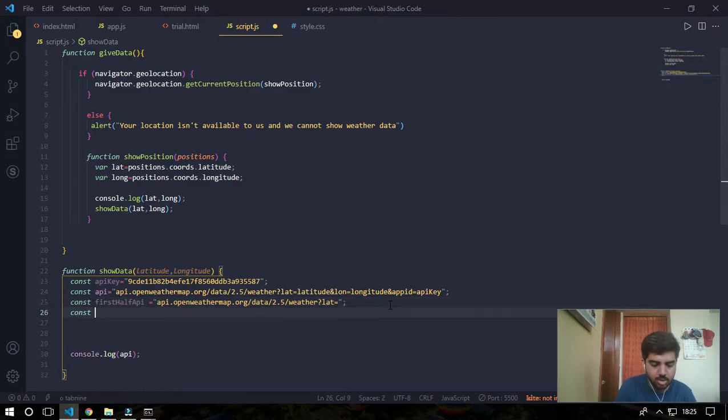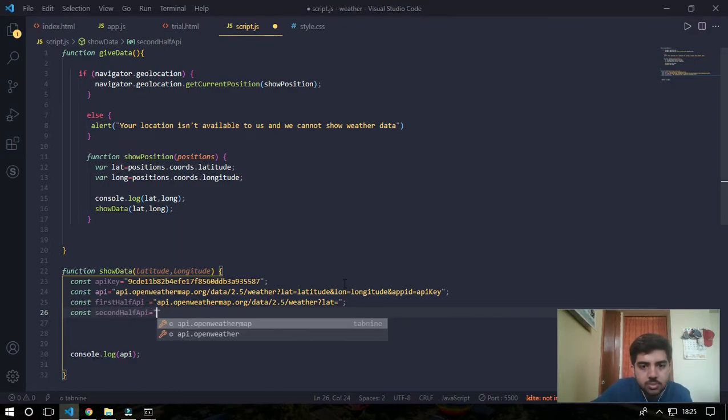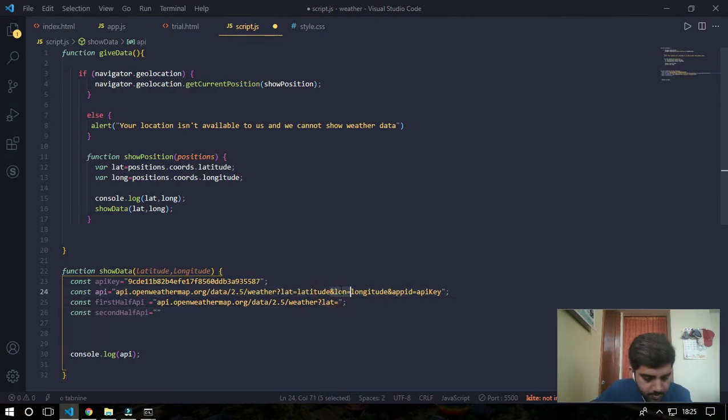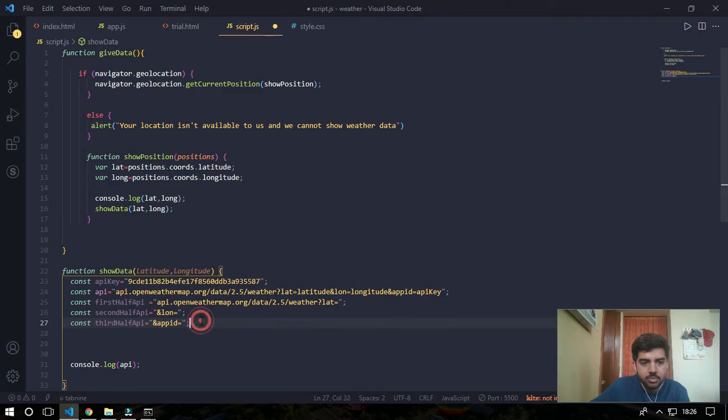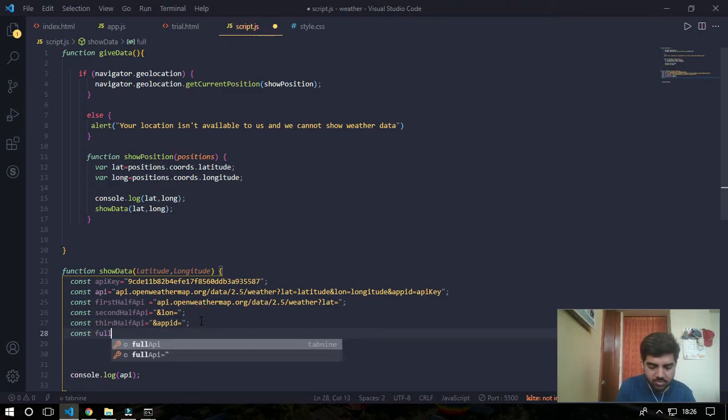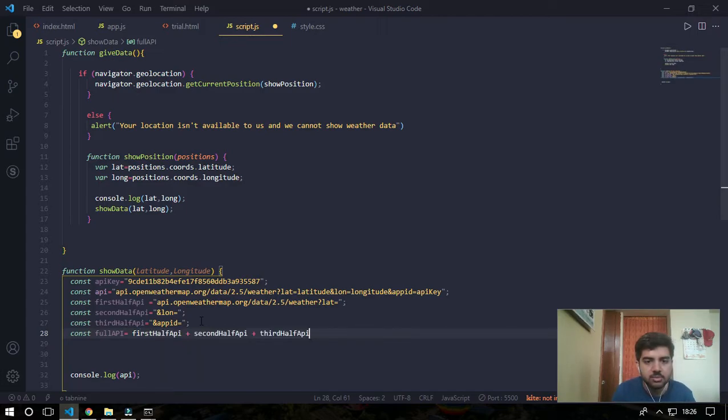and const second half API is equals to, then const third half API is equals to, and const full API is equals to first half API.